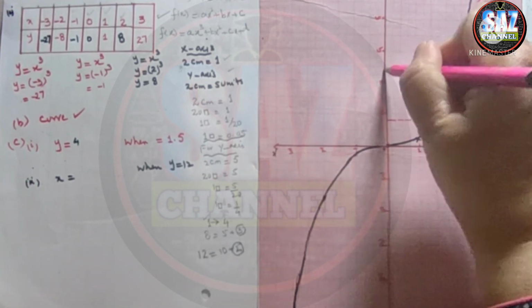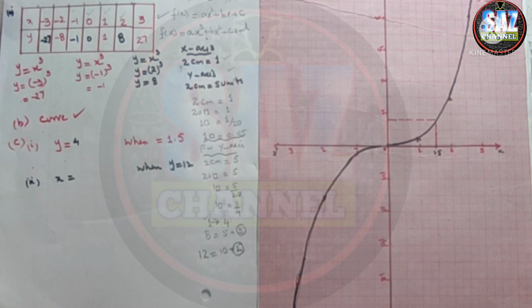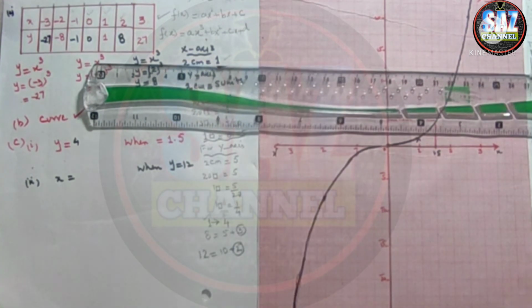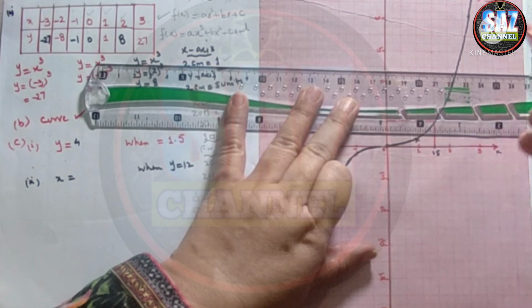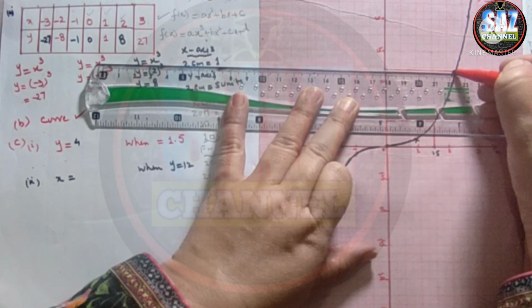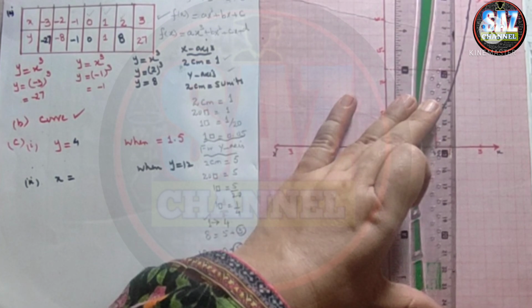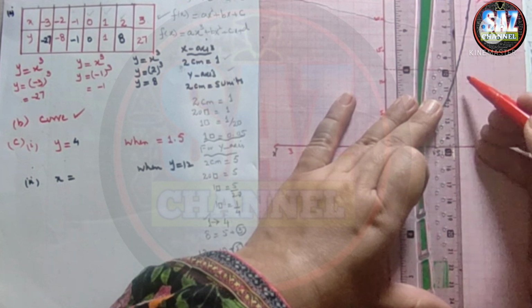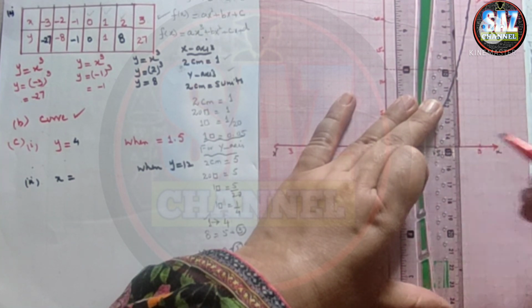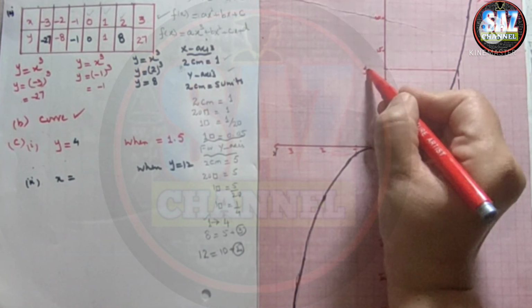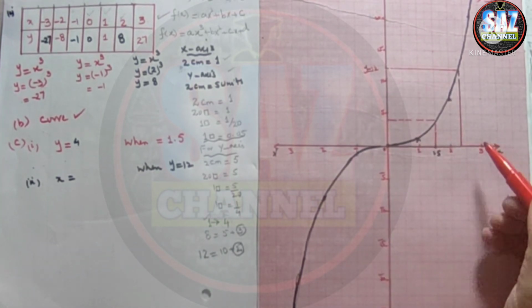8 more blocks. Okay, and now what I have to do, I have to drop the perpendicular towards the graph. Yes, this is almost 2 units before the graph. And let me see. Okay, let me go towards the graph. And see what is the value of x coming at that point. Okay, now this is y equals 12. And now see what is the value of x coming.